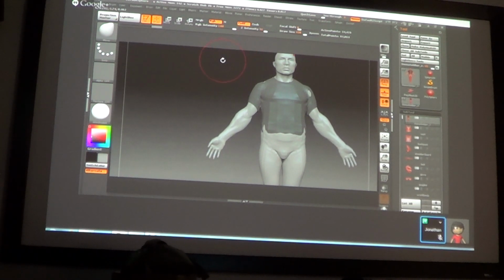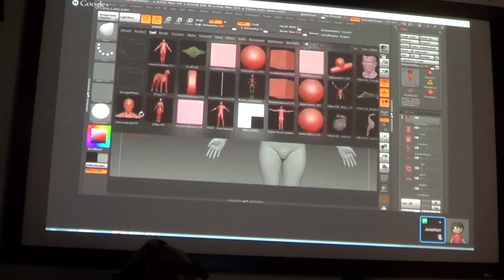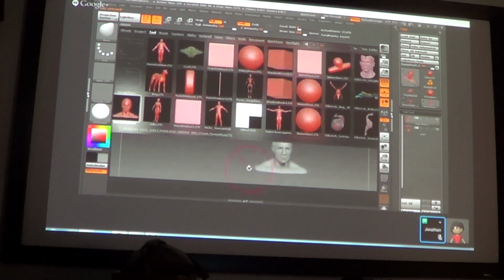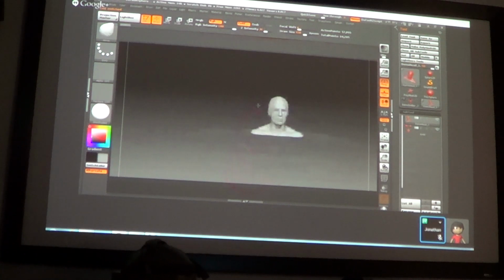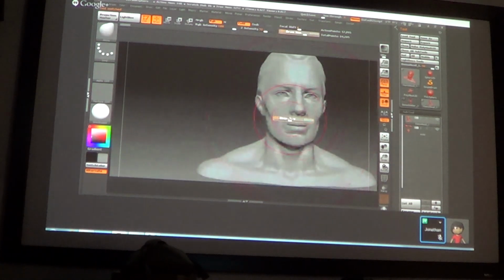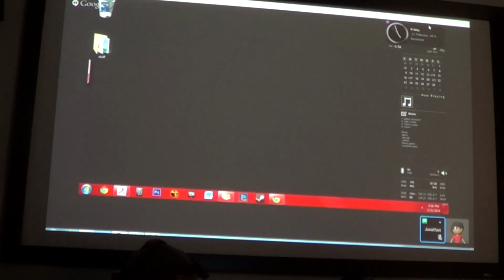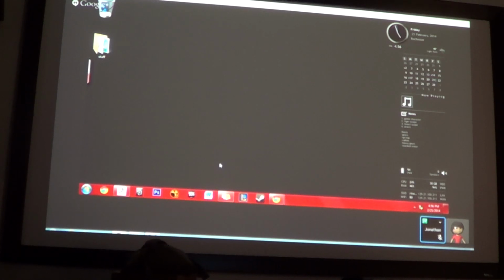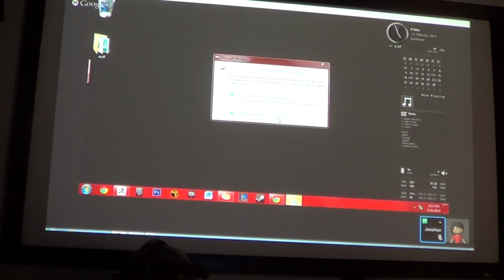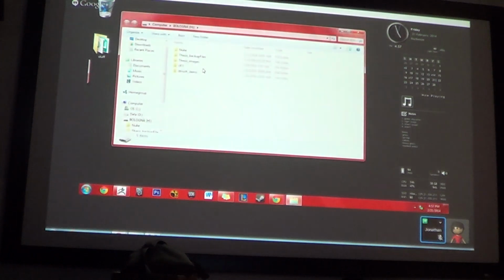I'll tell you guys some workflows I have. One workflow some people like to use is going from low to high. So you might make a mesh in Maya, and if you want certain portions,